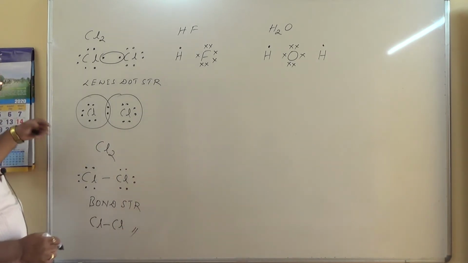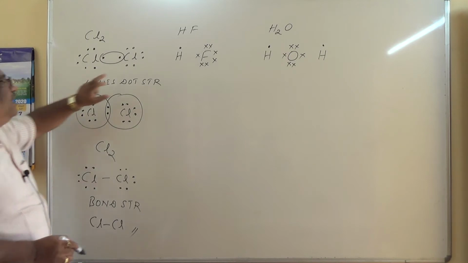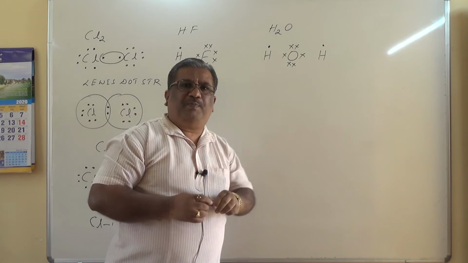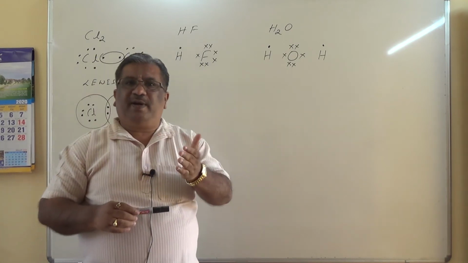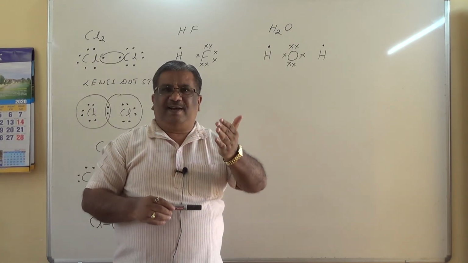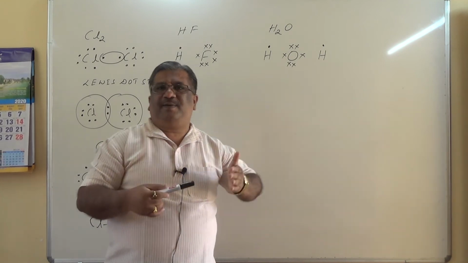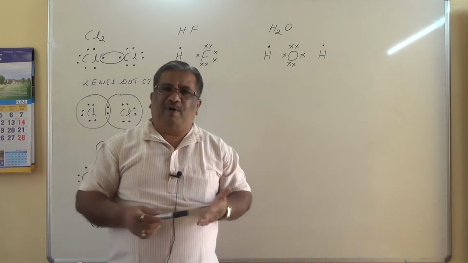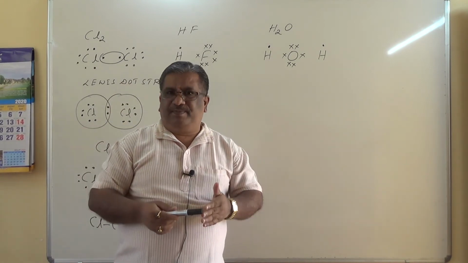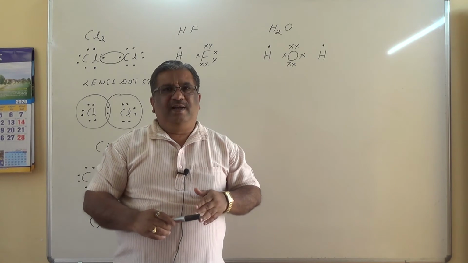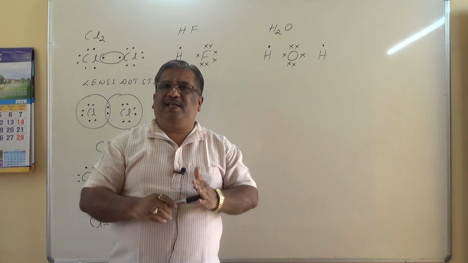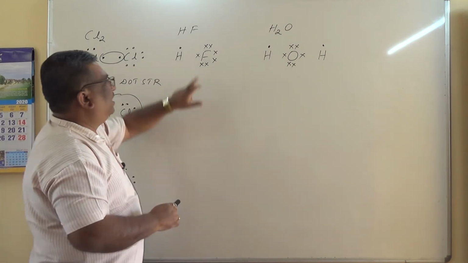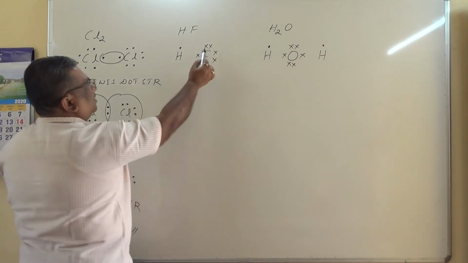Now what else is to be taught in this? That's all. Next, hydrogen fluoride. Fluorine belongs to group 17 and therefore its valence electrons are 7. Rather than atomic number, another way of writing valence electronic configuration is to see which group fluorine belongs to. It belongs to halogens. Halogens is group 17 and 17 minus 10 gives you 7. So the valence electrons of fluorine are 7, and therefore I have represented all those 7 electrons as 1, 2, 3,